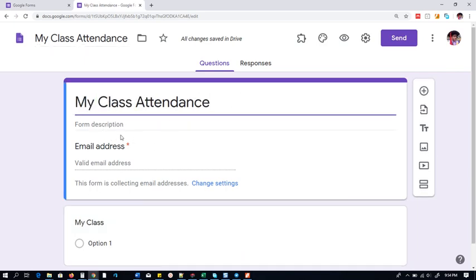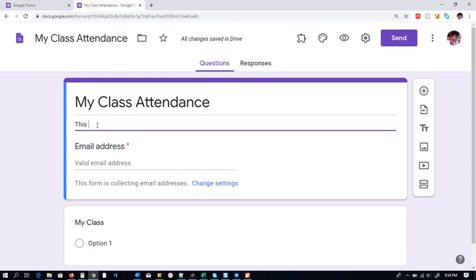Of course, it automatically comes with a description. This is to take students' attendance in Google Meet class. Okay, then